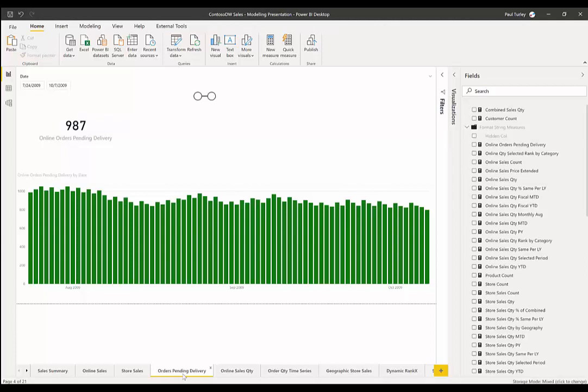So these are orders that have been placed that have not yet been delivered. We want to know what the daily number of outstanding orders are. Now I can choose a range of dates, 7/24 through 10/7. I have 987 orders that on a daily basis were out for delivery but have not yet been delivered, or